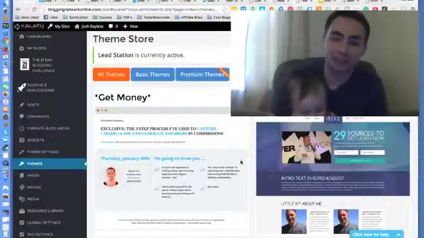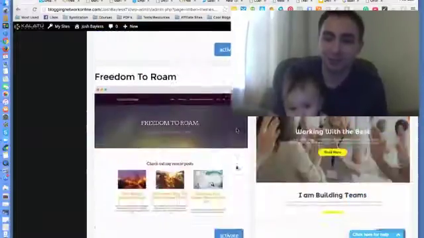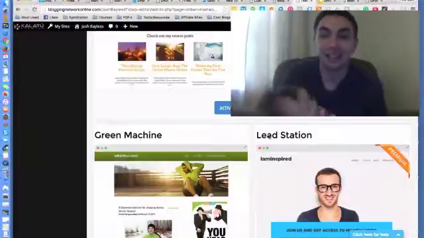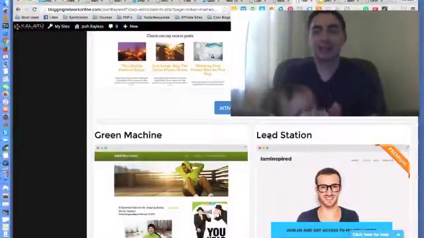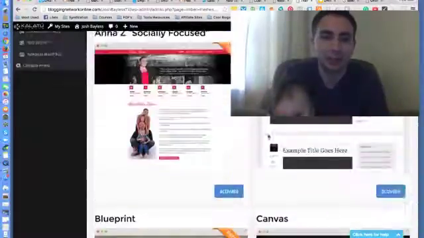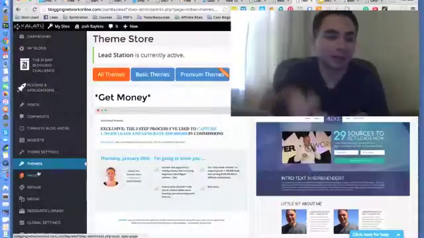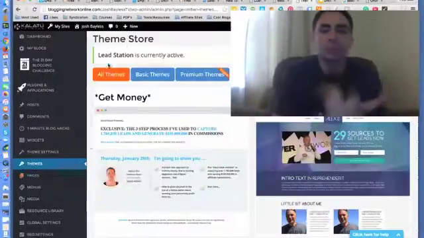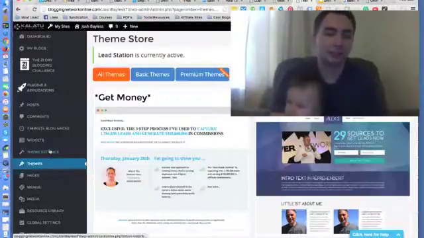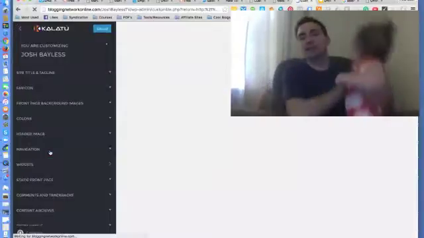Really excited when I saw this new blog theme in Kalatu Premium called Lead Station. It's an awesome theme, and it's kind of complicated to customize, so I thought it'd be helpful to walk you guys through it real quick. So what you got to do first is activate it, and once it's activated, you go to theme settings, and it's completely